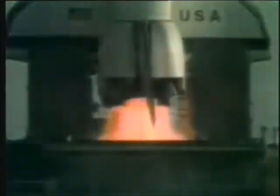To ensure that everything is in the proper place. 10, 9, 8, 7, 6, 5, 4. We've gone from 8 engine start to